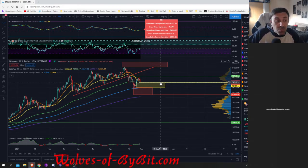On the other hand, on the way up, if this thing decides to go for another push to the upside, then your confirmation will be at 57,300. If this thing goes above this, then you could very easily be expecting continuation to the upside. And then my strategy would potentially be to have a little bit of a breakout trade, setting one of those conditional long positions. If price moves beyond it, you get into your long position,